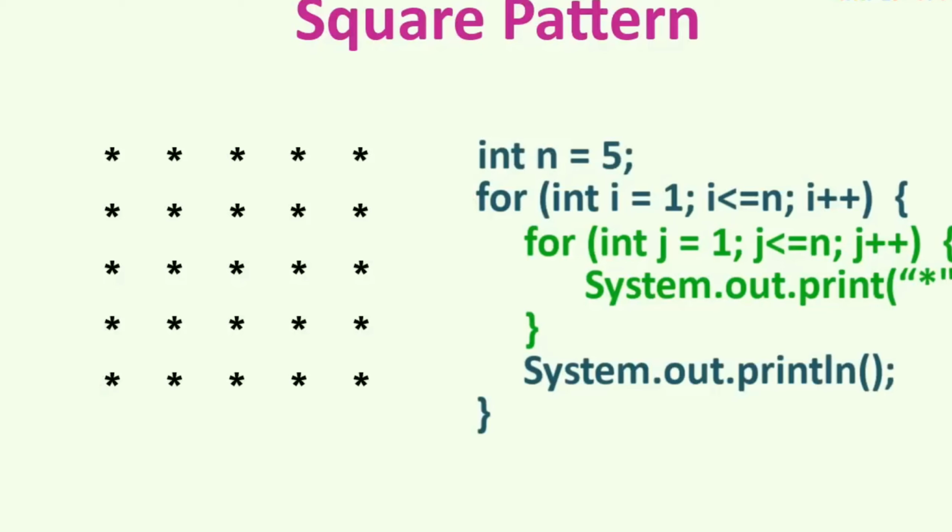The takeaway from this pattern program is that do not forget to put the println statement. It should be the last statement of your outer loop. This is a very important point, and if you miss writing the println statement before the closing bracket, your whole pattern can